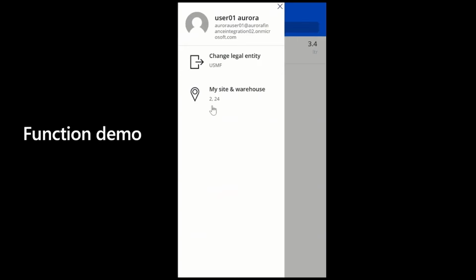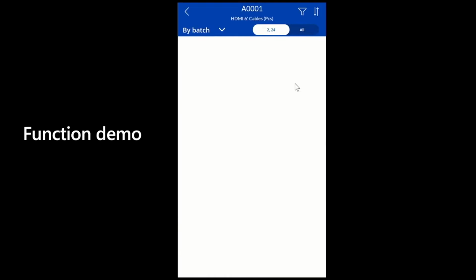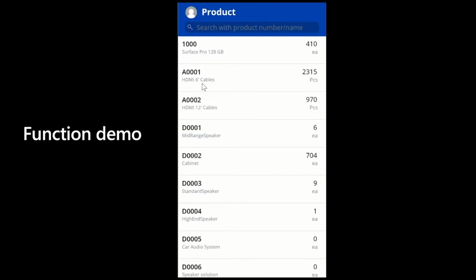So now I have site 2 warehouse 24 as my normal site and warehouse, which means now if I search for inventory, if I view, for example, go to this item, as this is not a batch item, I need to click show by storage. And as you can see that, so let me start again. So if I go to this one,